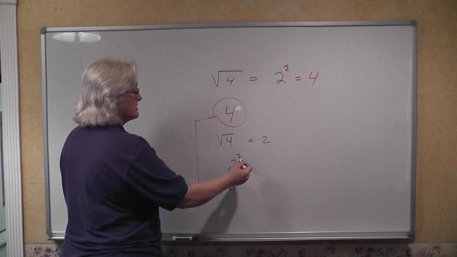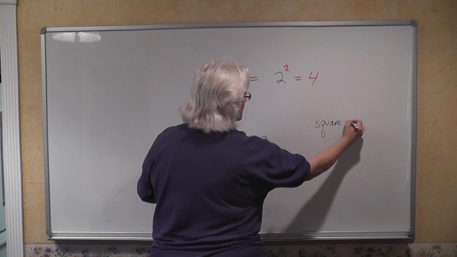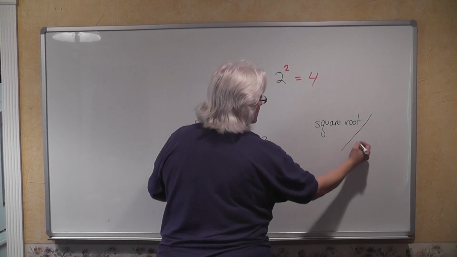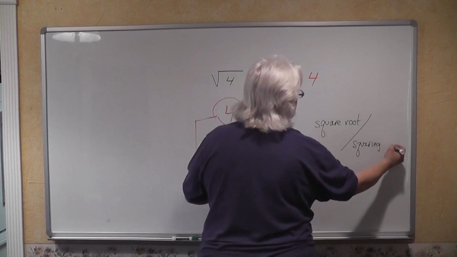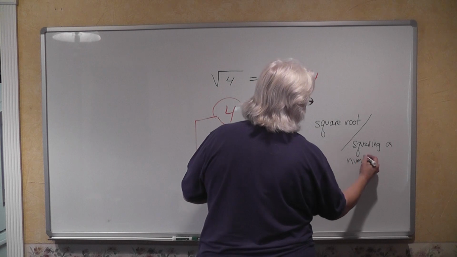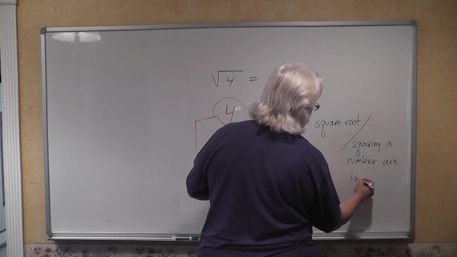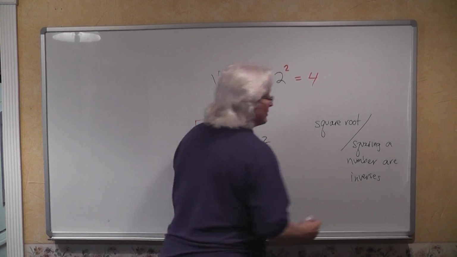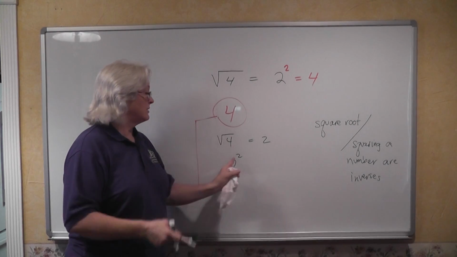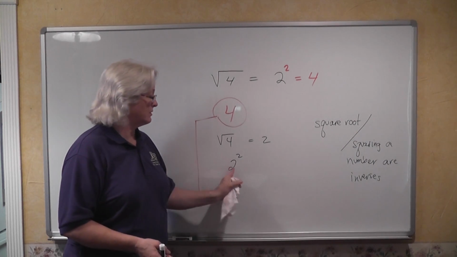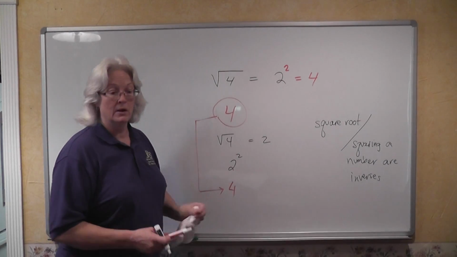So square roots and squaring are inverses, just like addition and subtraction are inverses, and multiplication and division are inverses. If you take a number, you find its square root. To undo that, you square your result, and you began with a 4 and you ended